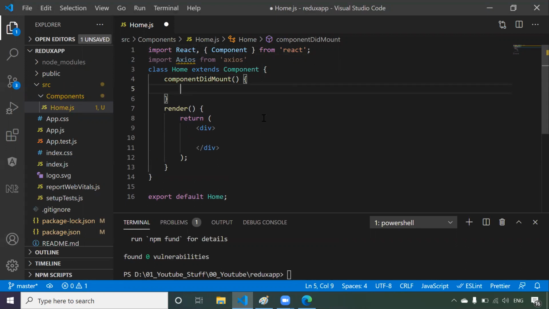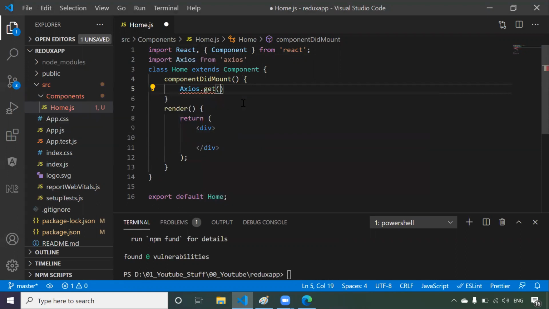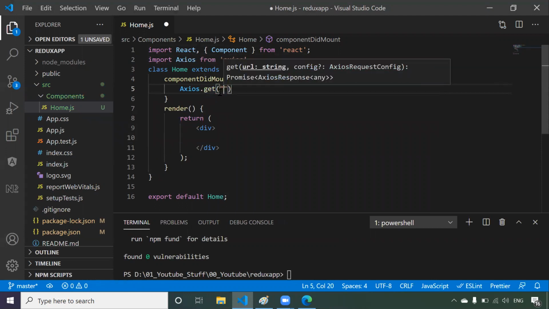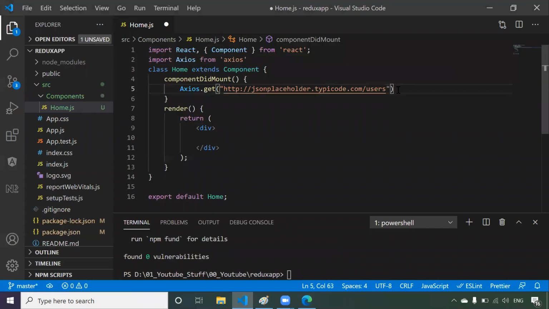Once the component is loaded, I want to send a request. So how can we send it? axios.get. get is a method to send a request to get the data from the database, and they have given us the URL. So we just copy this URL, come here and paste it here, and it will return a promise.